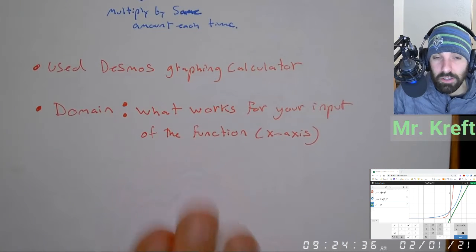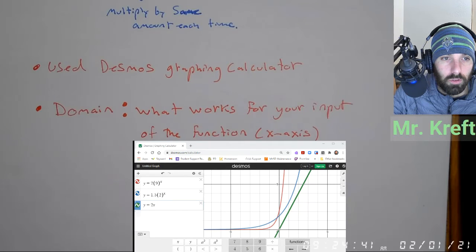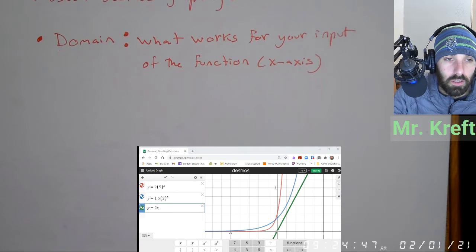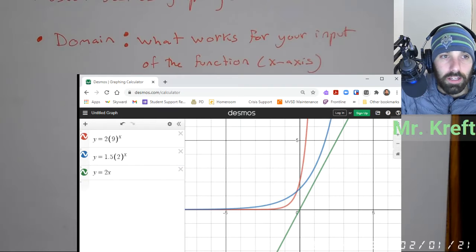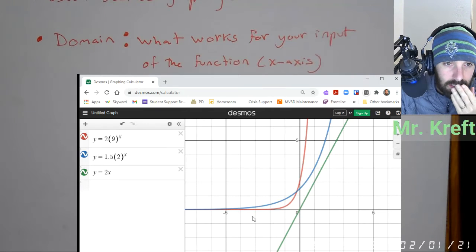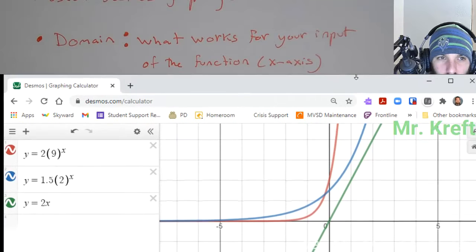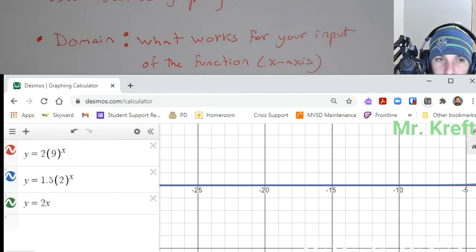So let's take a look at the domain of our function. I guess I can't make this bigger. What if I push this up? Then I can make this a little bit bigger. Here we go. All right, so now we're taking a look at the domain. The x-axis is left to right. Sometimes it's easier to say what doesn't work than what works. That's really nice. All right, so if we take a look at these three functions, what we notice is if